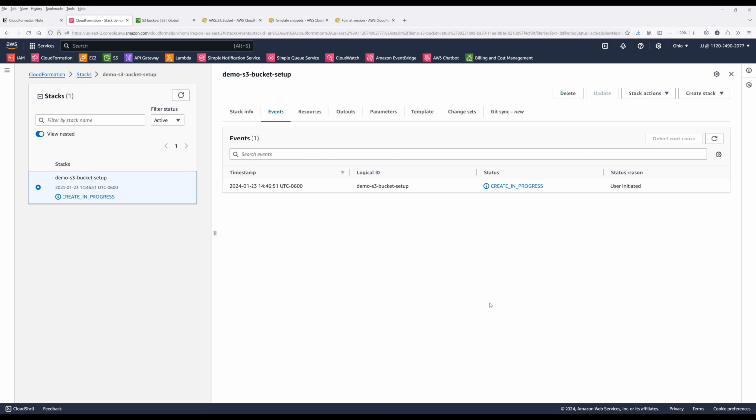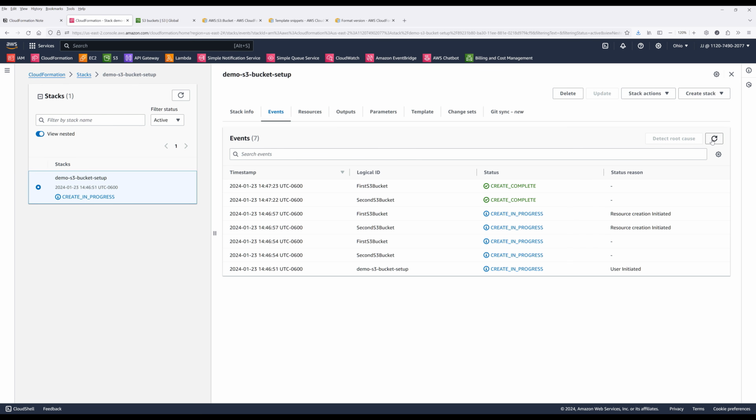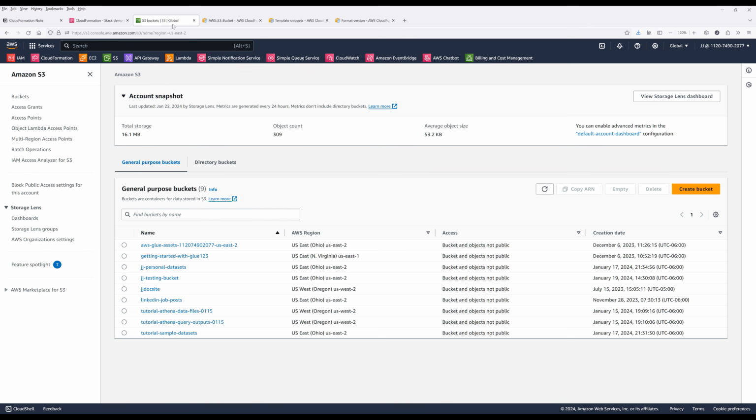Now when you submit the stack, CloudFormation is going to take the YAML file, look at the resources, and perform the setup process. Now if I refresh the stack, it's still creating the buckets. Okay, so let's look at the events. So we start from initializing the resource creation all the way to create complete. And when you see create complete, this just means that the resources are created. Now, if I go into my S3 bucket, and if I refresh the list,